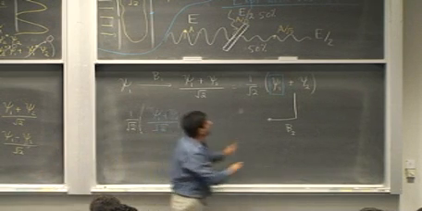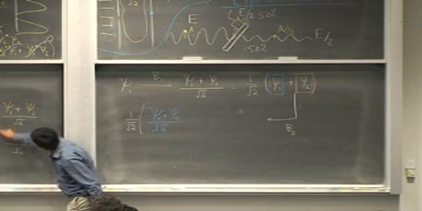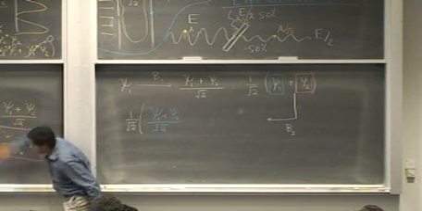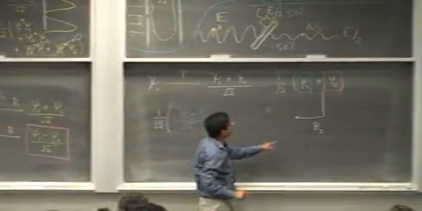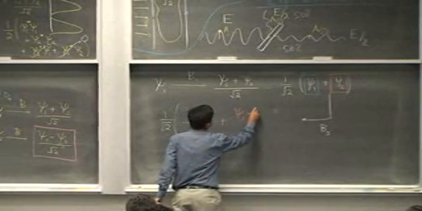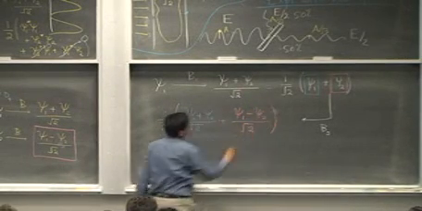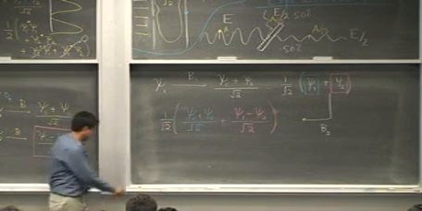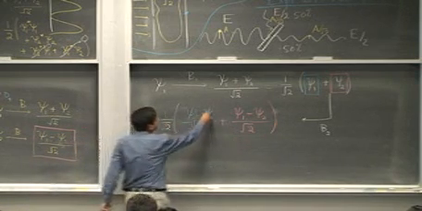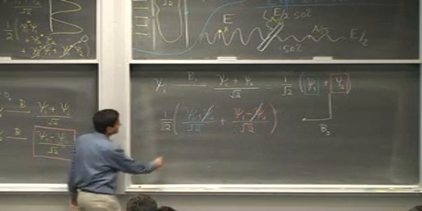And B2 acting on psi2 gives you this. So B2 acting on this produces psi1 minus psi2 over under root 2. Now I can do some simple algebra. This psi2 cancels out. And my final result is